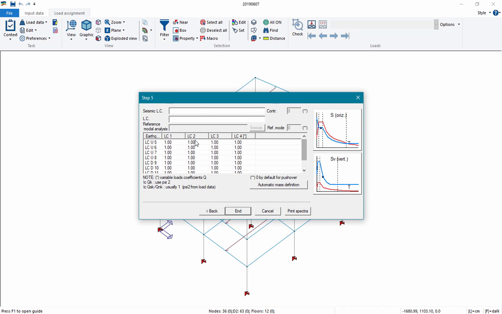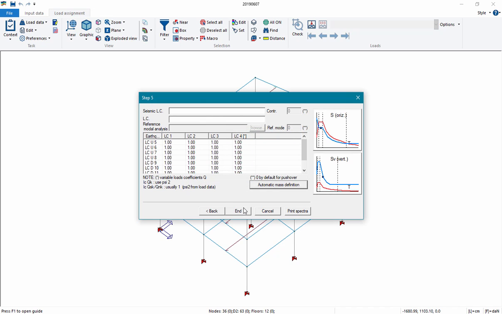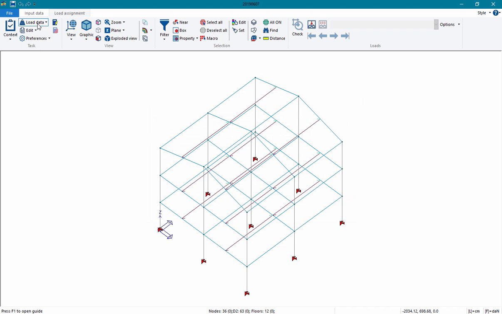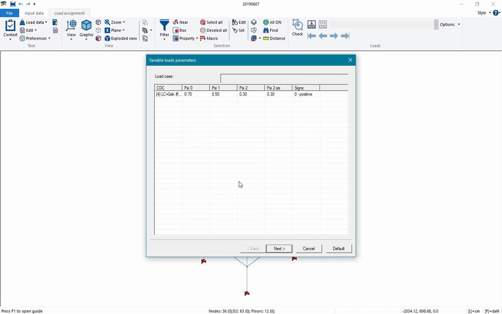And lastly we have to define seismic masses. There is an automatic definition that we can use. The last thing to do before running the analysis is to define load combinations, load data, combination. The program automatically defines load combinations according to the regulation. We have to pass these general settings,